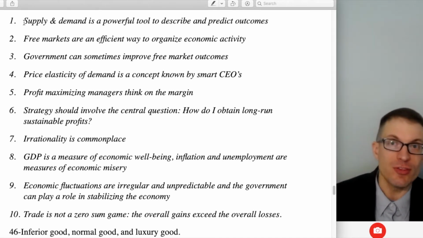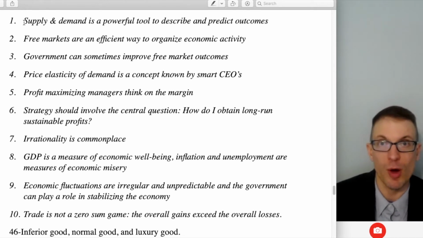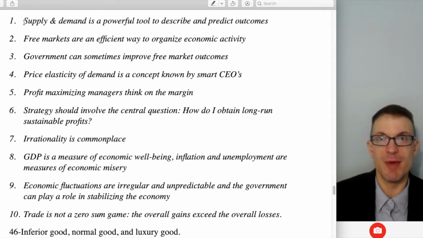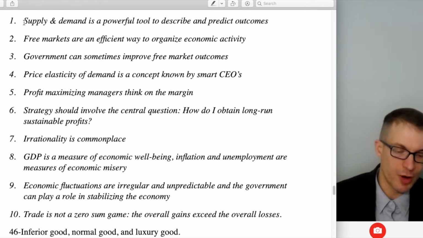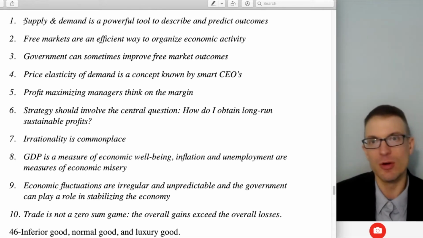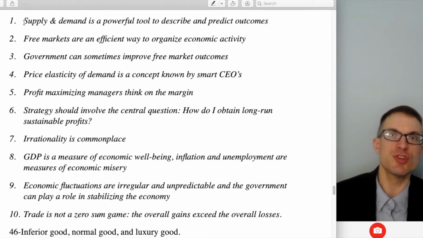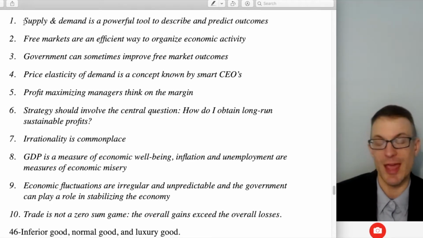You could have other things happening. Maybe the price rises, but the quantity falls. How can that happen? Well, you can draw your supply and demand curves and see what is going on when we have a situation where the price rises but the quantity falls. Oh, it's got to be the case that we have a decrease in supply, right? A leftward shift in supply is going to lead to a higher price and a lower quantity.